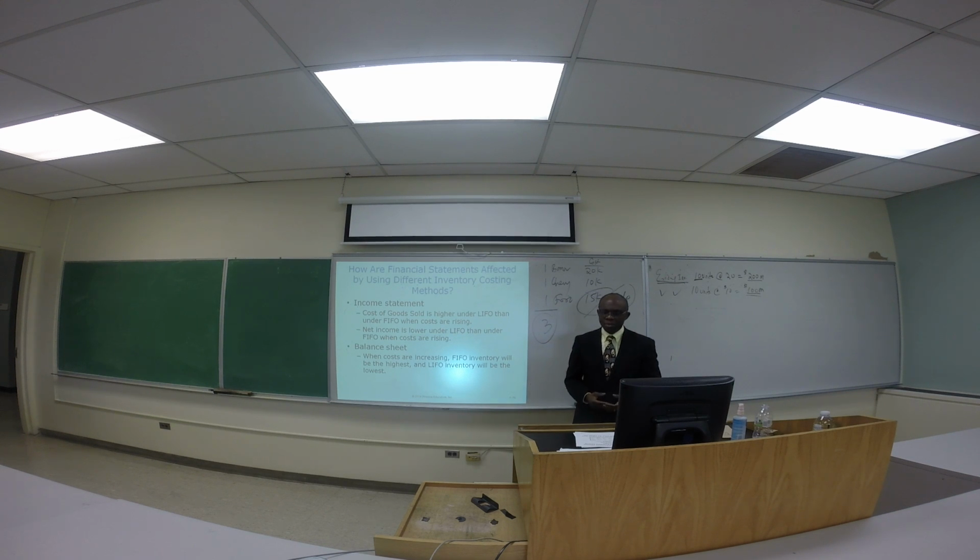Now, what does that mean? Why is the cost of goods sold higher under LIFO? Because LIFO assumes that the units that you bought last were sold first. And usually, prices of things, on average, go up, not down, for the most part. So if that is the case, then the units that you purchased last would be the most expensive. And if you assume that those were sold first, of course, cost of goods sold will be